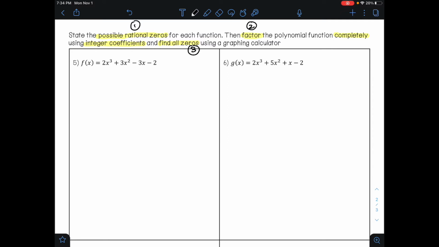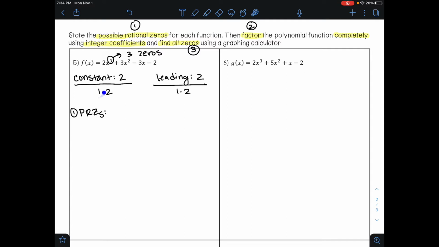So if we look at example 5, our highest exponent is 3. So that tells me that I'm going to have 3 zeros. So let's go ahead and begin by finding our possible rational zeros. My constant is 2. The factors of 2 are 1 and 2. My leading coefficient is 2. The factors of 2 are 1 and 2. So my possible rational zeros